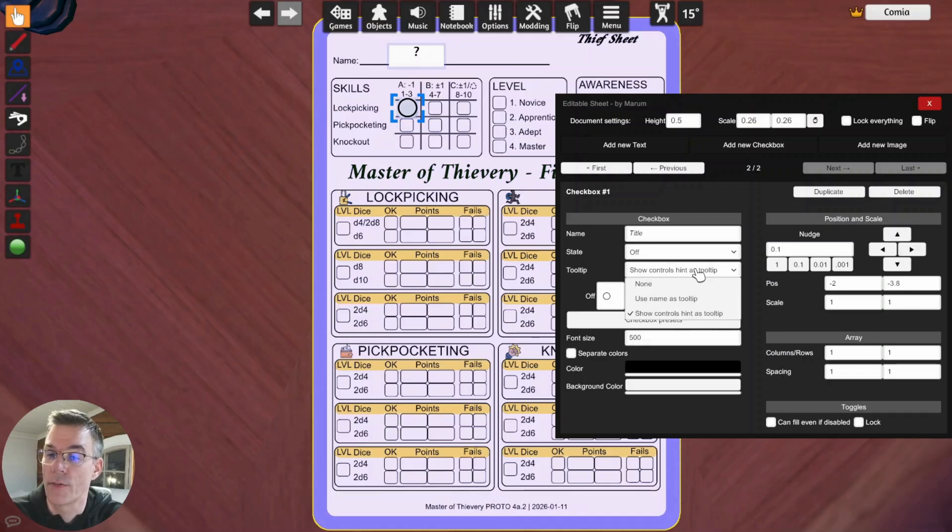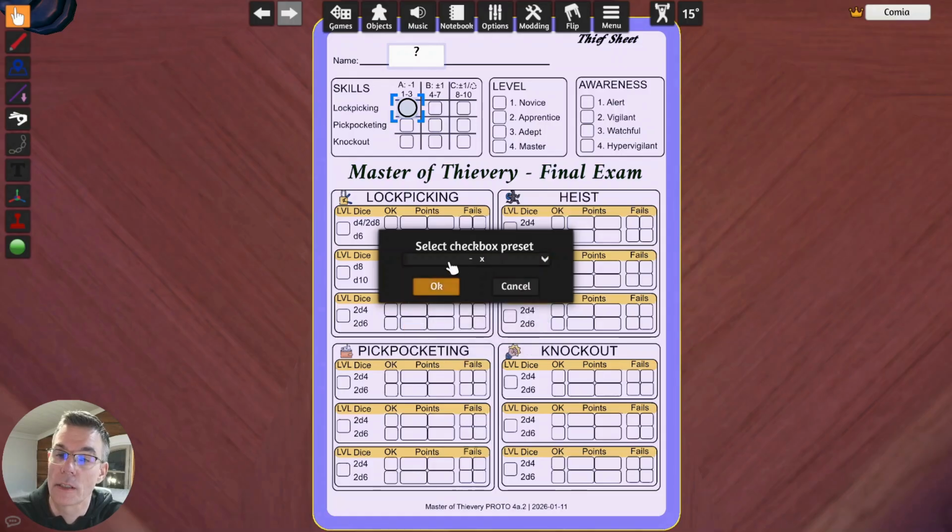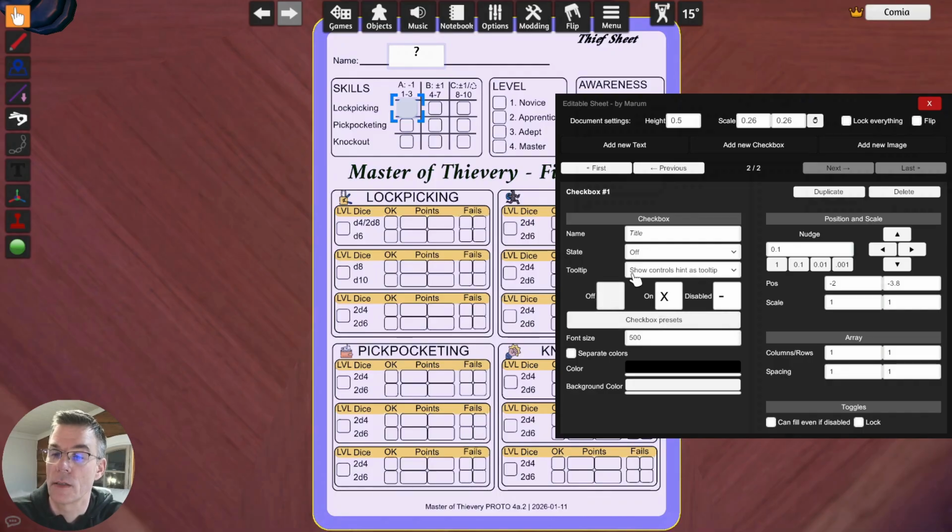There are different checkbox presets. For this game, I use this kind of a checkbox that you can see that when there's nothing, it's empty. If it's disabled, it's a line, and then if it's checked, there's an X on it. So like so.